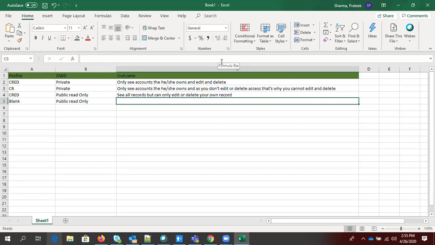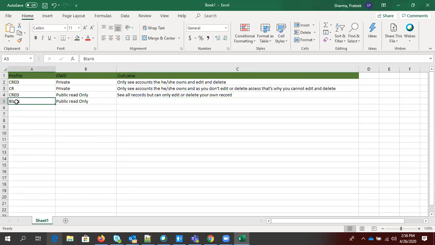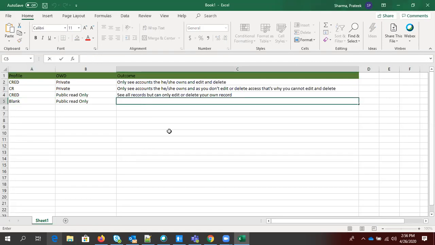Absolutely correct, guys. So here, that particular user won't have any access. If you don't have create, read, edit, delete permission, it doesn't matter whatever is in the OWD, right? You won't have any access on that particular object. Even the tab will not be visible for you, like we did, right? No access, right?